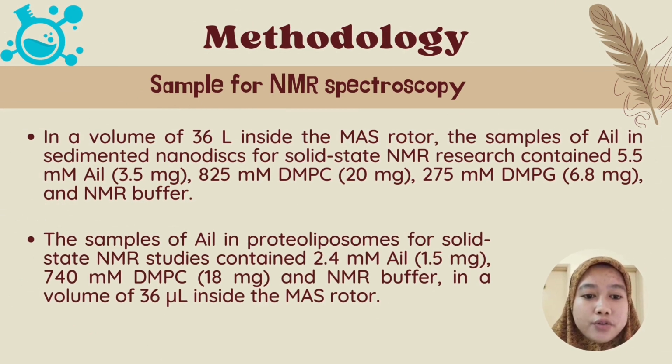In solution of a volume of 66 microliters inside the MAS rotor, the sample of Ail in the sedimented nanodiscs for the solid-state NMR study contained 5.5 mM Ail. The sample of Ail in the proteoliposomes for the solid-state NMR study contained 2.4 mM Ail, which is 1.5 mg